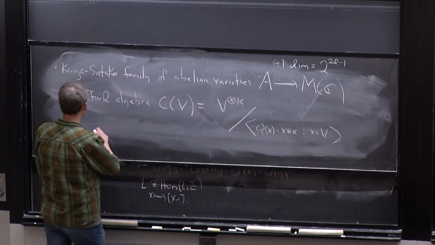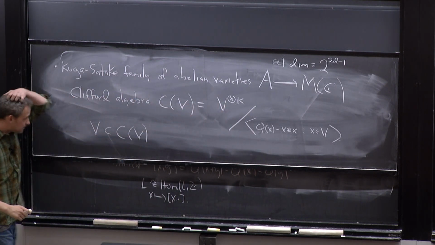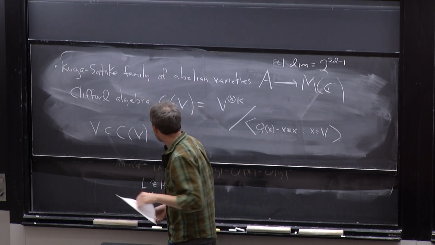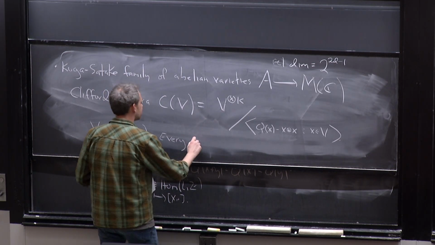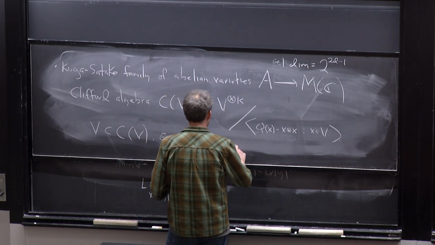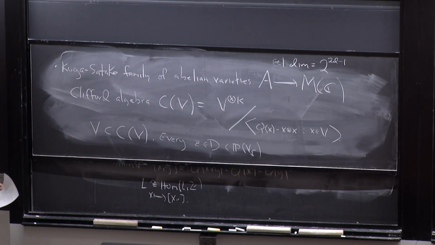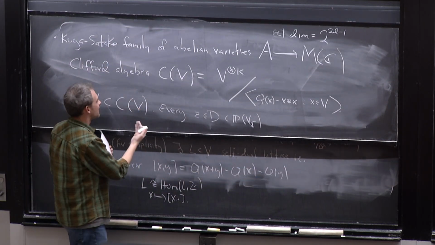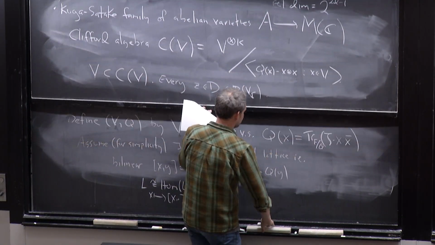And V sits inside of the Clifford algebra, just sitting in the degree 1 tensors. Using this inclusion, you can do the following funny trick. Every z in D is, remember, a line in the complexification of V. So I can view z as a line in the Clifford algebra. And then inside the Clifford algebra, I can just multiply by that line. And so what you get